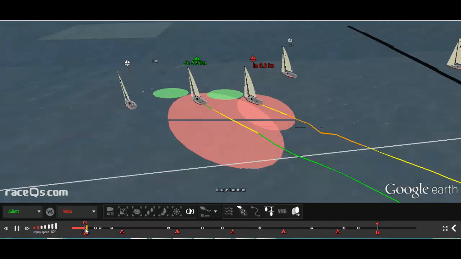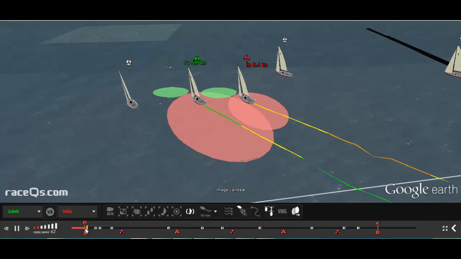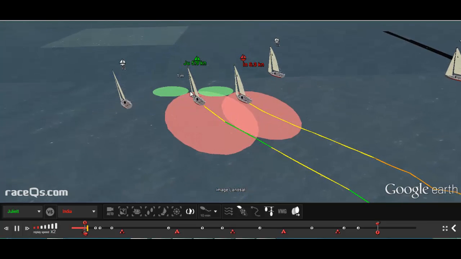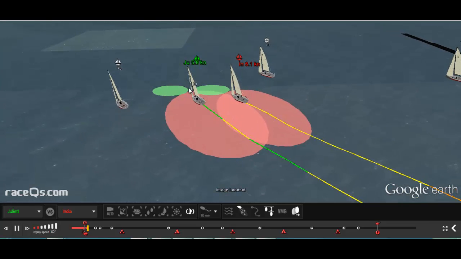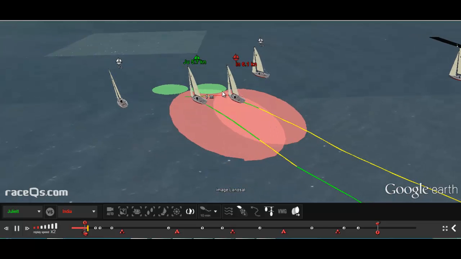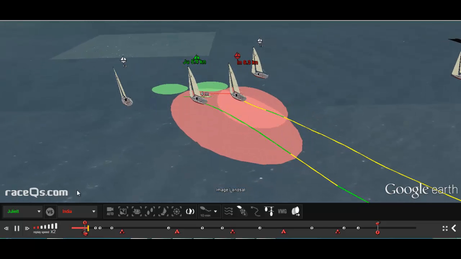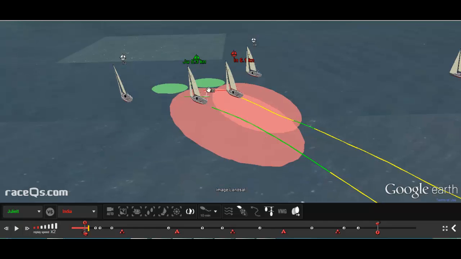Let's take a look at Juliet and India here right after the start. Juliet is actually ahead of India. But India is coming along and is just going to roll right over the top. Now, Juliet had the opportunity here to come up and get into the lee bow position on India, which is that green circle right there, and, you know, hold the lead. But instead,